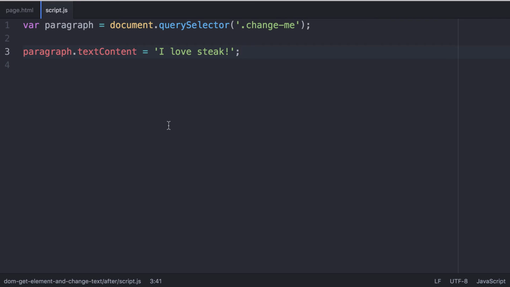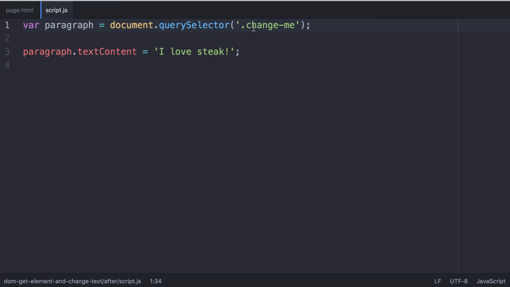Going back to our code, let's explain it once again. JavaScript code runs from top to bottom, so if we take it from top to bottom, we can understand what's going on. We have line number 1, and when you have an equal sign in a line of JavaScript, it's best to think in terms of what happens on the right and then what happens on the left. What happens on the right is we go to the document, which is the DOM. This is the page. We're going to say, okay, DOM, select something from the page with the class ChangeMe. And so that will grab the DOM element,